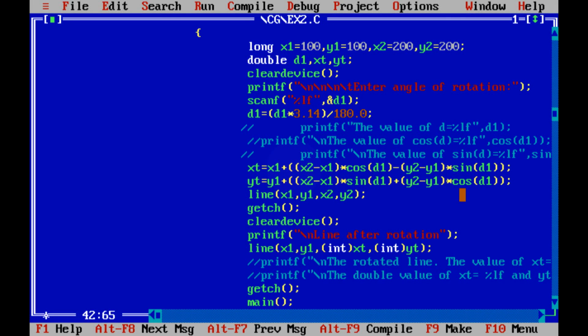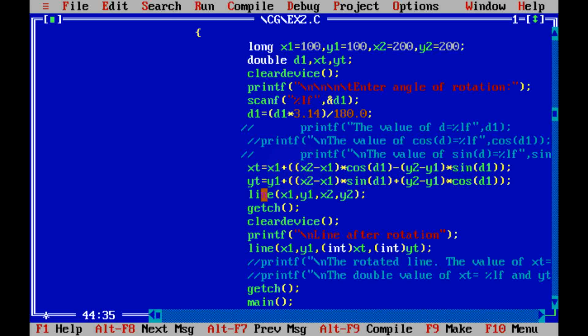So we use these functions, and you can ask me why x2 minus x1. When we apply this formula to these 2 points, it goes out of the screen. We will not be able to see the rotated object properly. So for that we are finding the difference between x's and y's, and adding it to the first point, we will find the rotated point of the second with respect to the first point, so that our first point will always stay in one place and only the second point is rotated. When you try it out practically, you will understand.